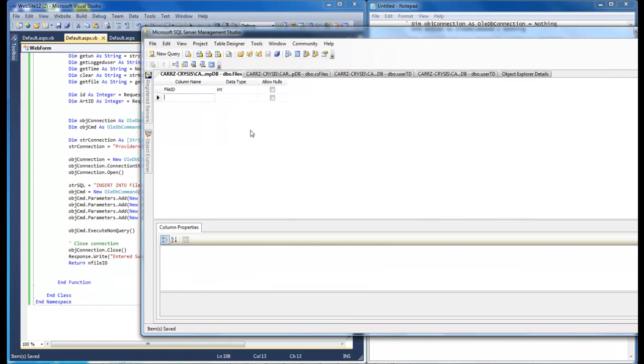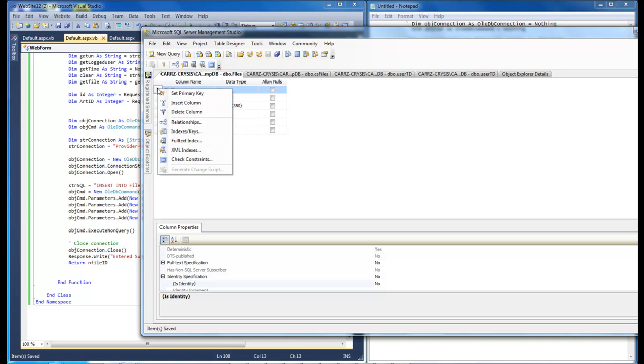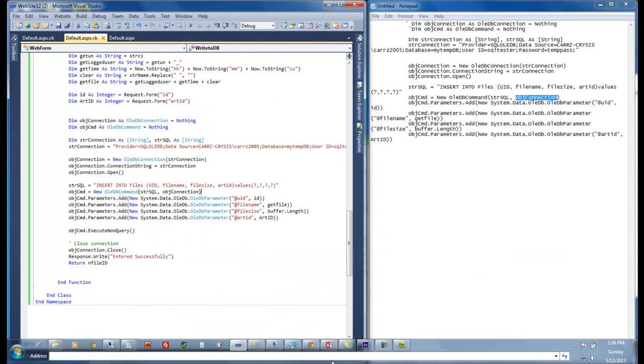And so the next thing that we're going to do is we need a user ID. It is also an integer. Come down, file name, that's a varchar, and we're going to do this as 350. That way it's got enough characters to allow the longest string. So do file size, that's an integer, no nulls, and then art ID is an integer and no nulls. Right click on our file ID here and set as primary key, save it,